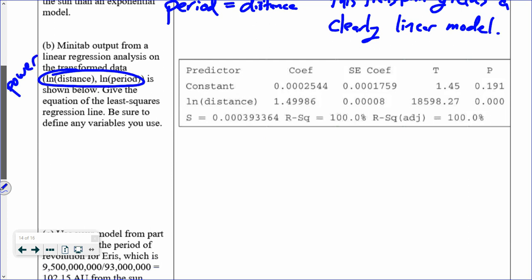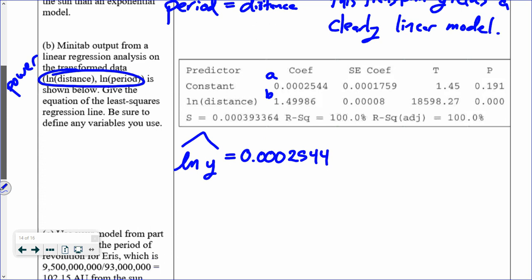If you see that, give the equations of least squares for the regression line. Be sure to define any variables we use. Okay, so obviously, again, this is our A, this is our B. So this is going to become predicted ln of y hat. Predicted and hat are synonymous, equals 0.00025544. Notice how close that constant is to 0, and remember what we're describing the relationship between distance from the